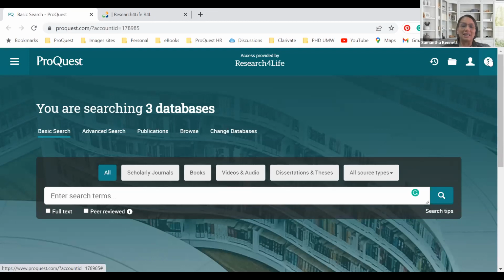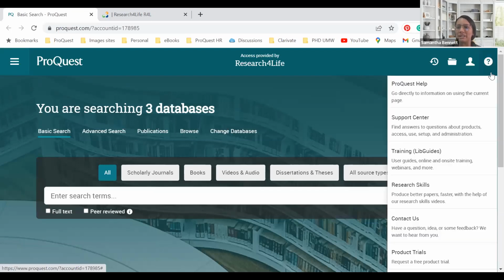On the far right-hand side, I like to start while I have all of your attention still. On the very far right-hand side, there is the help and support button. Everything that we will be explaining today is visible from here. If I click on help and support, I have the option to see directly the ProQuest help. If you need any support articles, knowing how to download a dissertation or thesis, or how to review the insights, you can click on our support center and you will be able to find step-by-step instructions on how to do certain things on the platform.